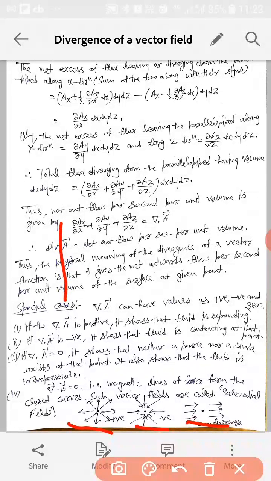I hope you have understood the concept of divergence of a vector field. And related to this, we have another topic which is very important,